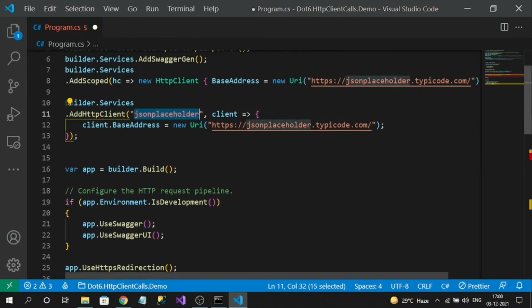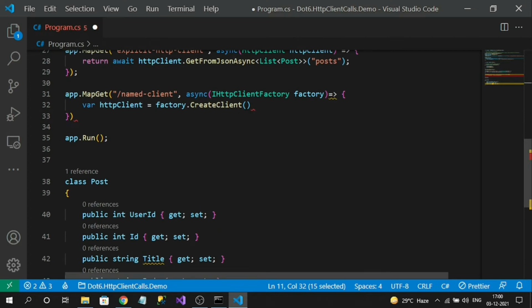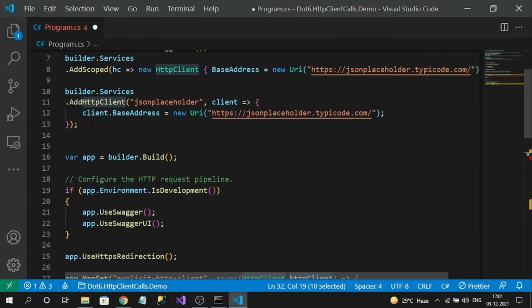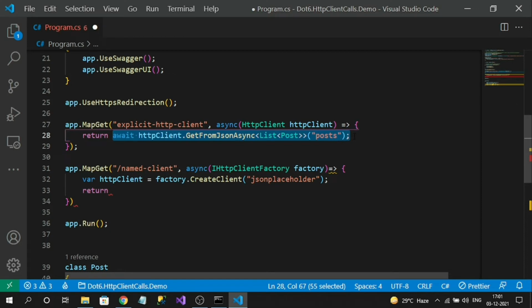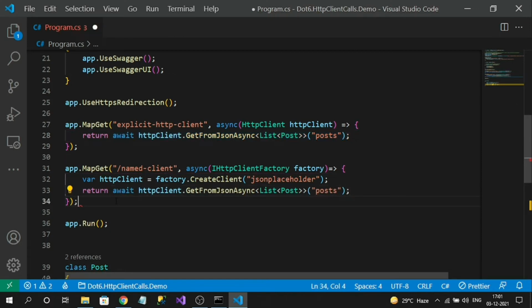Okay, that is why this is called the named technique. So what happens is, HttpClientFactory creates the HttpClient instance with all these configurations. All these configurations are identified with the help of the name. Okay, next simply copy paste the above line. Okay, so that's it. That is the named client technique.